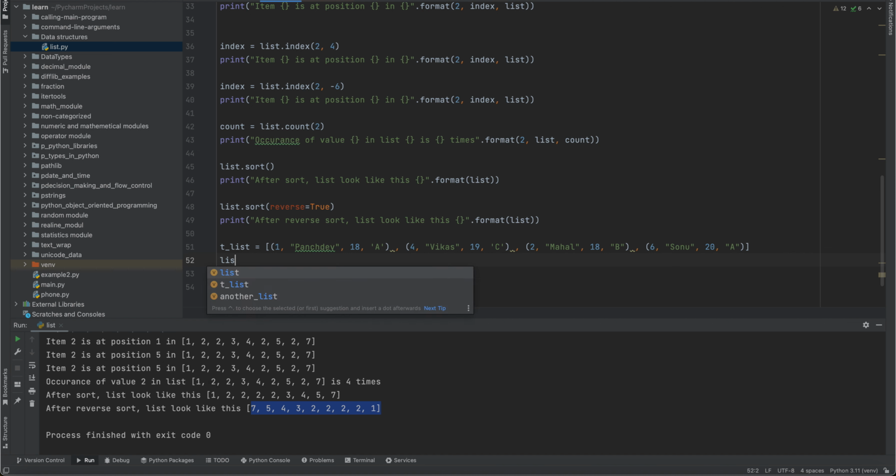And now if we try to perform the sort operation,